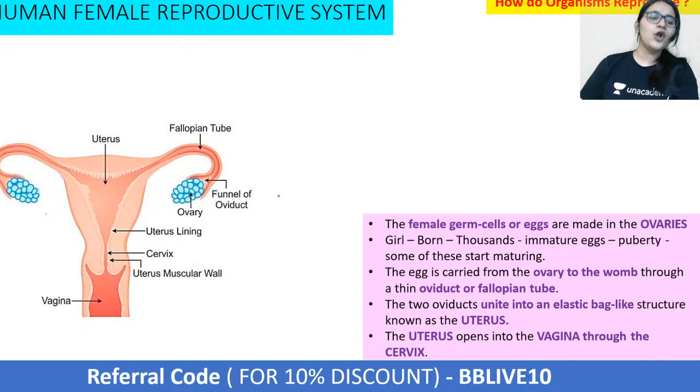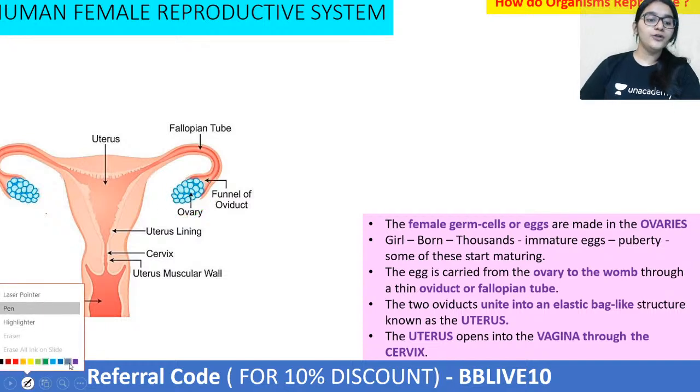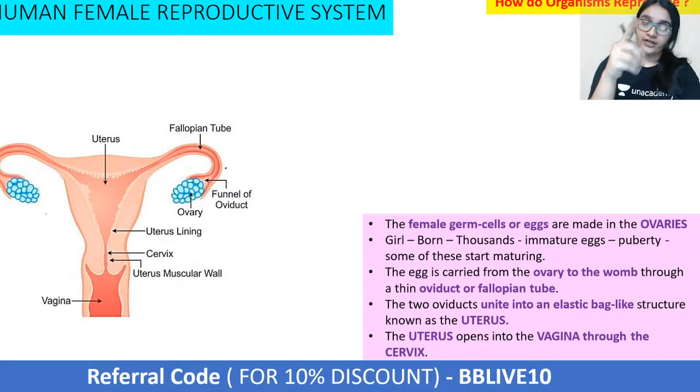Well, the eggs are already present in the ovary when the girl is born. Only when she hits puberty, the ovary starts releasing the eggs into the fallopian tube. Very important to remember that eggs are already present in the ovary, very good Archana Yadav. So they are already present. Only when the girl hits puberty, they get released from the ovary. Clear? Very good, Aman Khan. Samjha sabko?